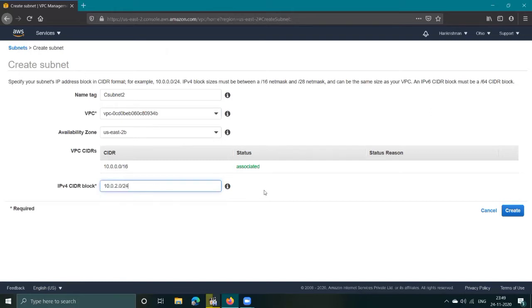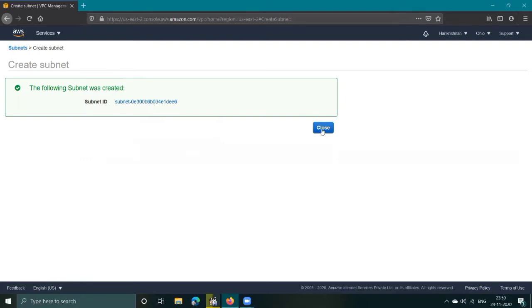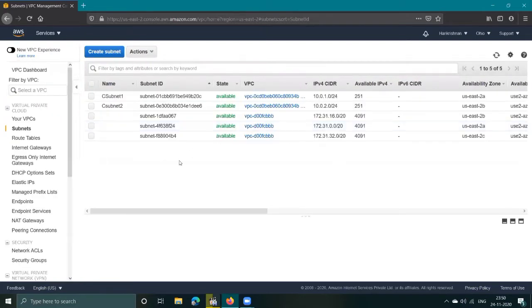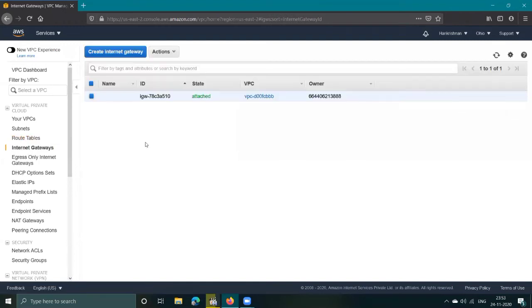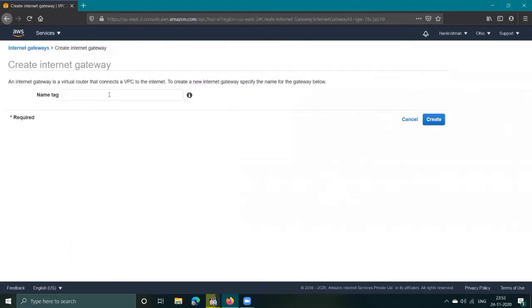Now select the other availability zone, which we are using for public or private. Give the IP as 10.0.2.0/24. Create the subnet. Close it. Now you can see both our subnets are created. It is also allocated 251 IP addresses, so we have that much available IPv4.